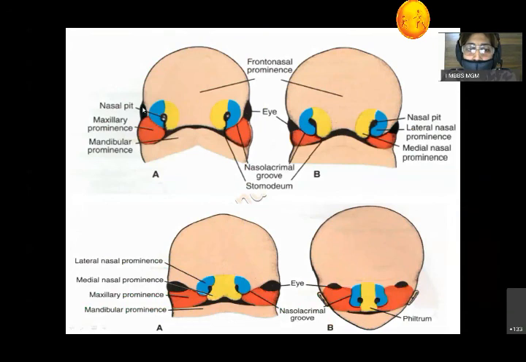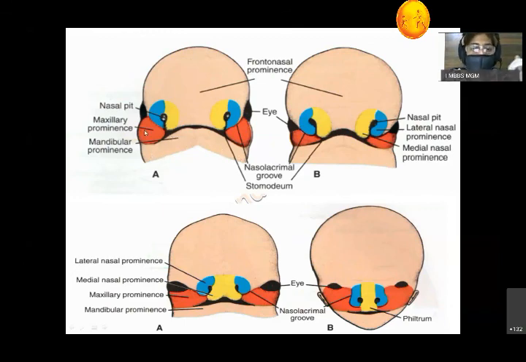The model is also there. This is the nasal, this is the lens placode, this is the nasal pit, this one is the maxillary process, and this is the mandibular process. Now, in short, we can tell the steps. This is the frontonasal process. Nasal placodes appear, nasal pit formation is there, lateral to that the lens placode appears, and on the lateral aspect of the stomatodeum you get the maxillary process, and lower down, caudal to it, is the mandibular process.